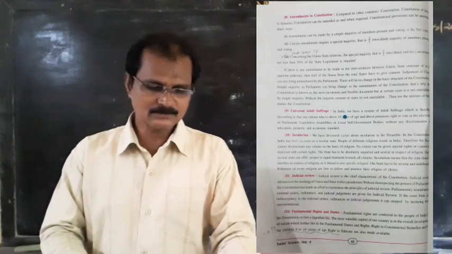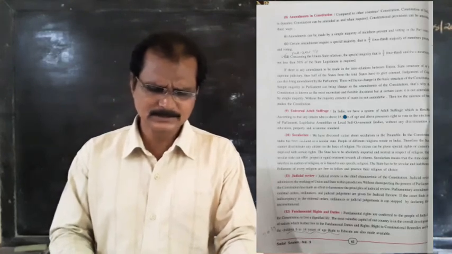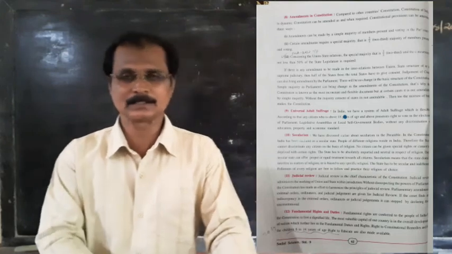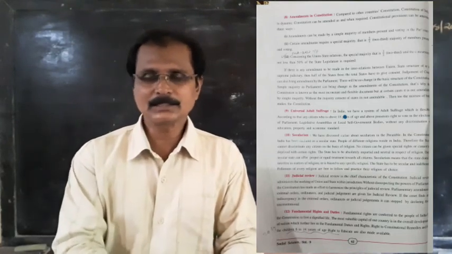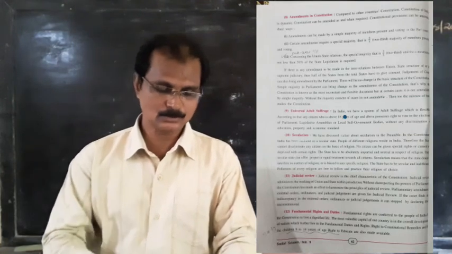Third, concerning the Union and state government relations, a special majority, that is two-thirds, and the concurrence of not less than 50% of state governments is required. So three points are there. So two-thirds majority is there. And all these points are very important. You can get fill in the blanks or true or false, so memorize all these things.